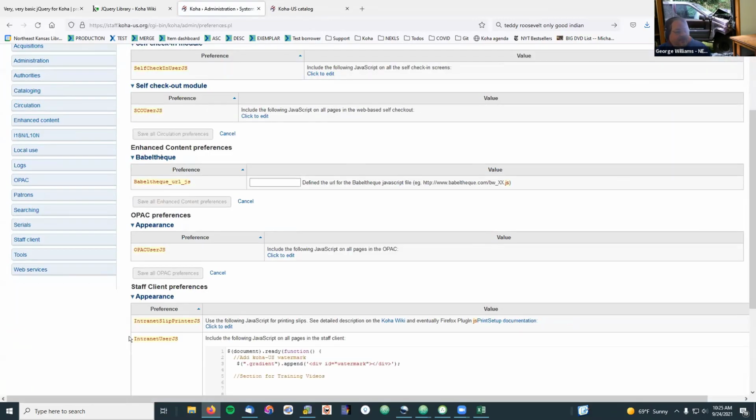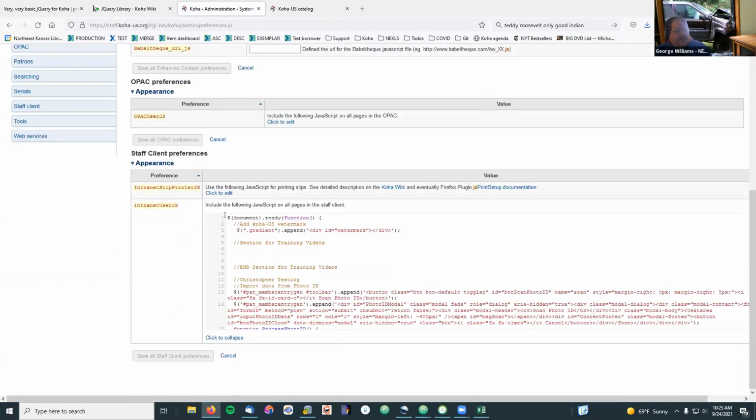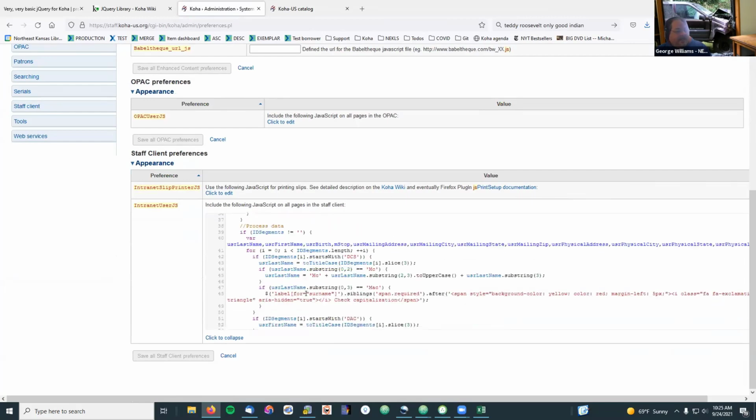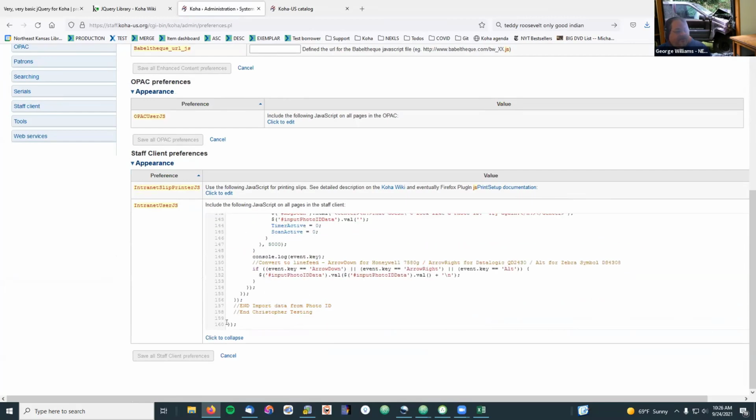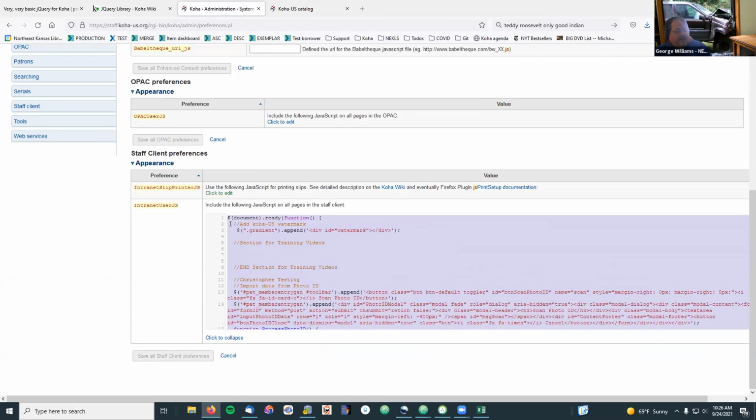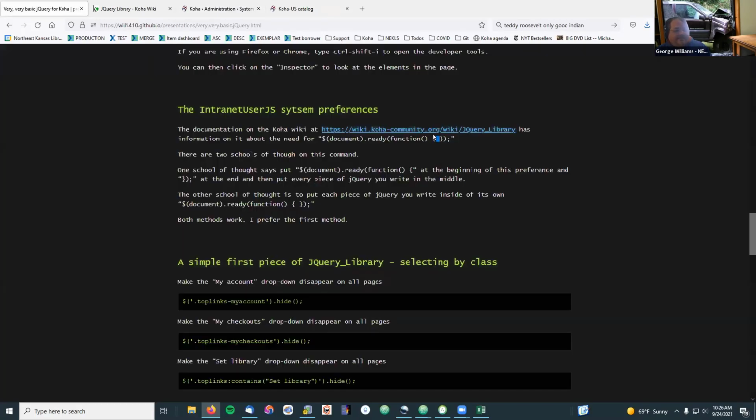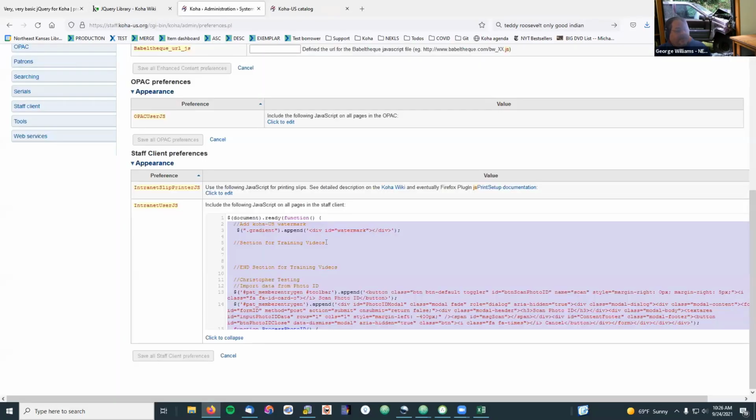So if we go to intranet user JS, we've got the first half of this document ready function up here. And then way at the bottom, we've got the closing brackets for that. So everything in here is what fits in this little tiny space that I've got on this page. And in my system, I have a comment